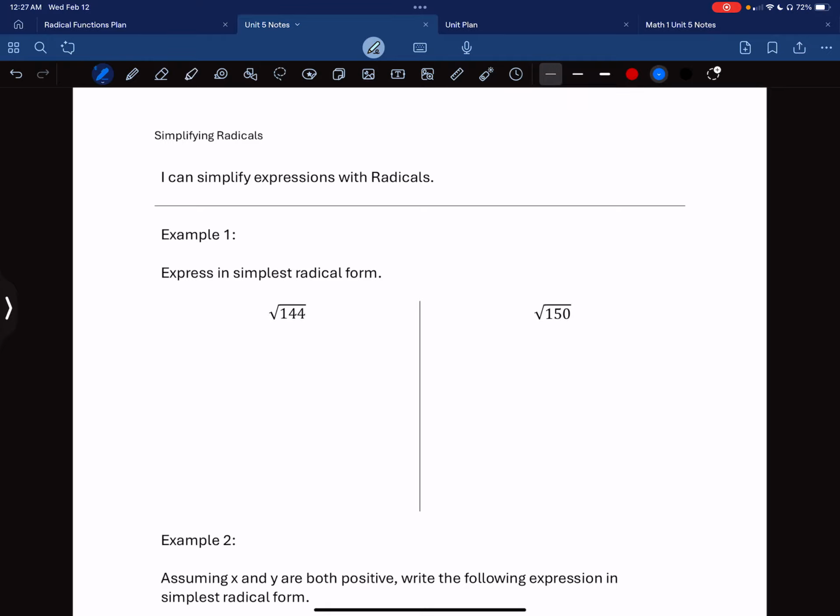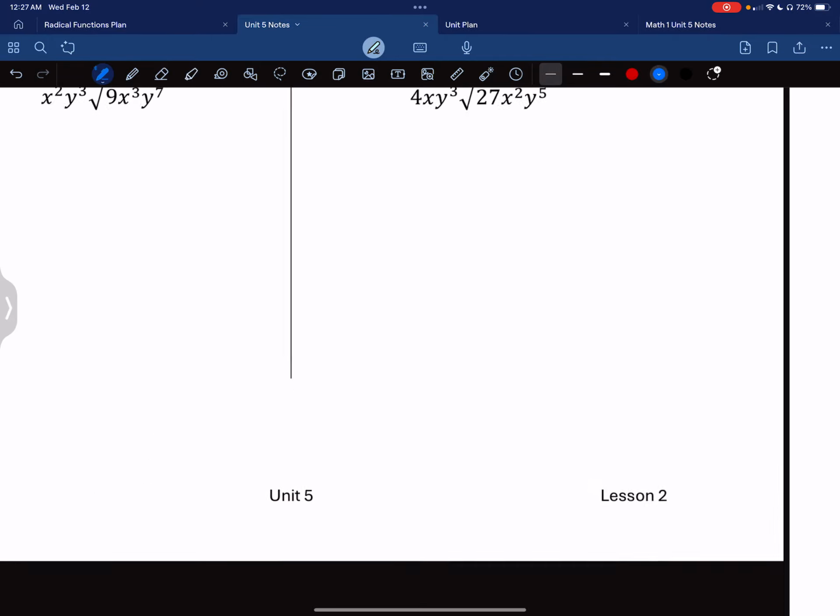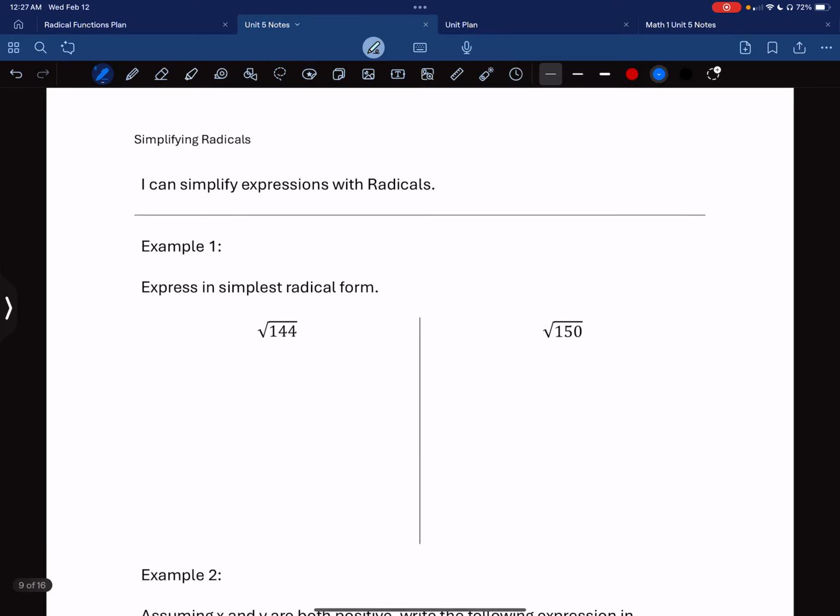Okay, so for Math 3, Lesson 2, we are going to be focusing on simplifying radicals today. A couple of these are going to be pretty straightforward and pretty easy. This shouldn't be anything mind-blowing for you. If you see something like the square root of 144, if you know your perfect squares,